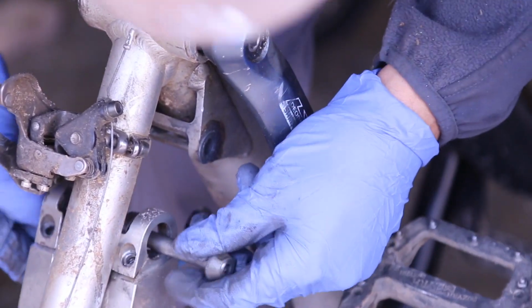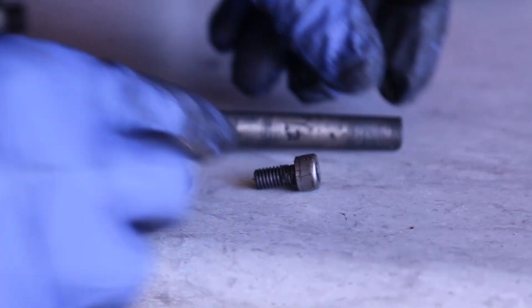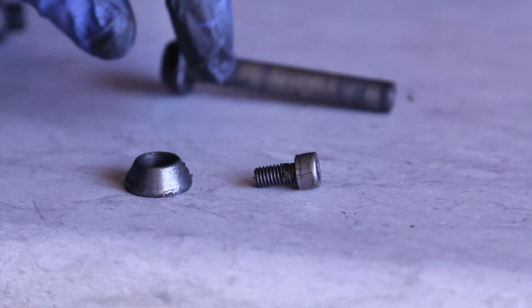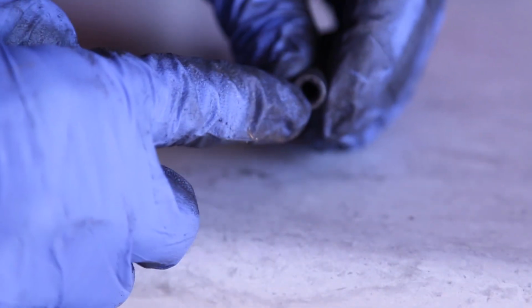There we go. I had to push it forward because one of the bearings just came out. This is what I removed from the bike. This is the axle. This is the bolt that goes on the end here. And this is the mushroom cap. And there's threads on here, and that's how it holds the...